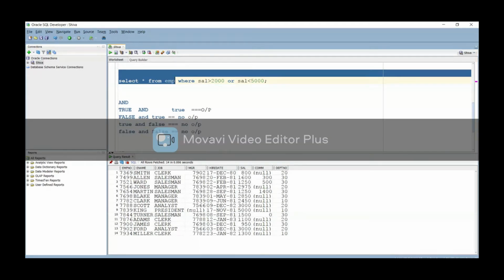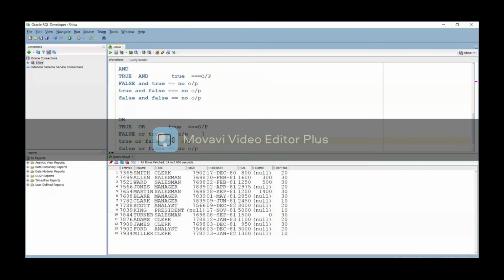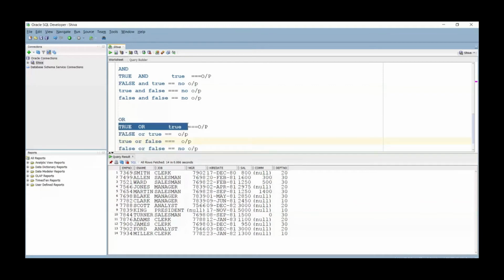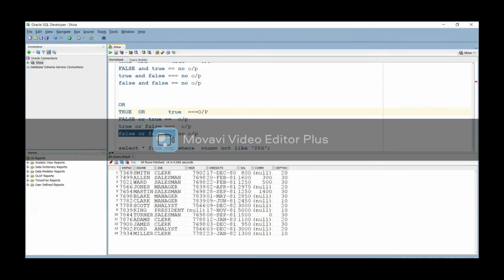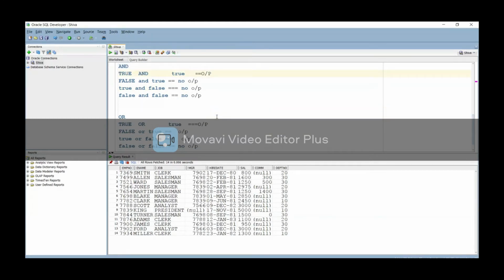If you haven't understood the OR operator, let me know. If any one of the conditions in the WHERE clause is satisfied, the result will come based on that. If none of the conditions is satisfied, you won't get the output. In all other cases, you will get the output.